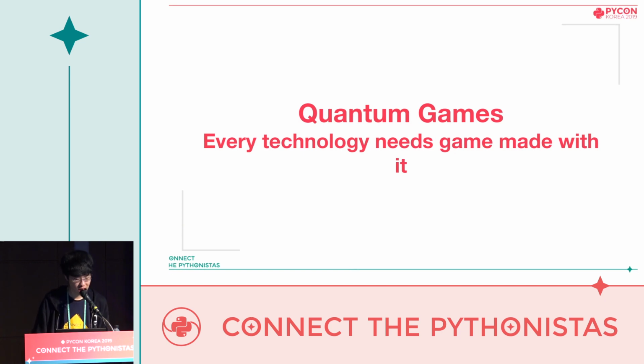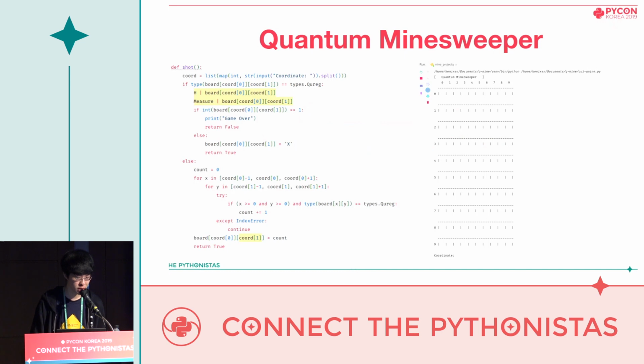Since there were a lot of simple games already, we decided to make a game which is worth enough for such a computer with astonishing specs. Our game had to require high specs, not just like these days' classical computers. So what we made is a Minesweeper. Yeah, so as I remember, this is the first thing we made after we read the documentation of Qiskit.